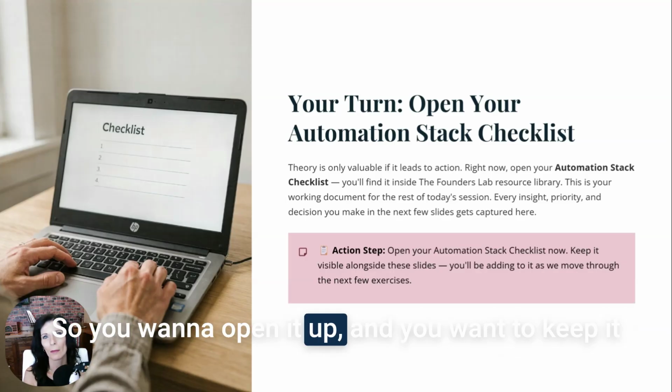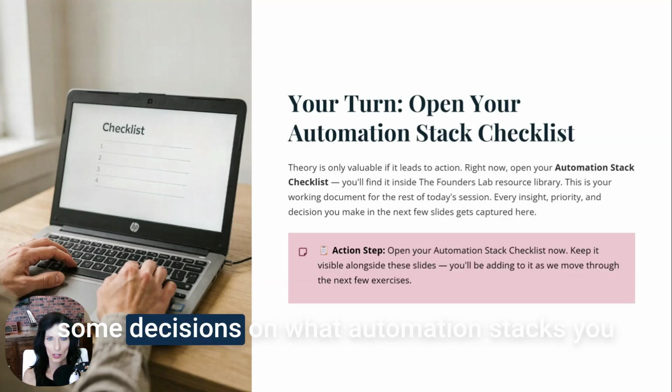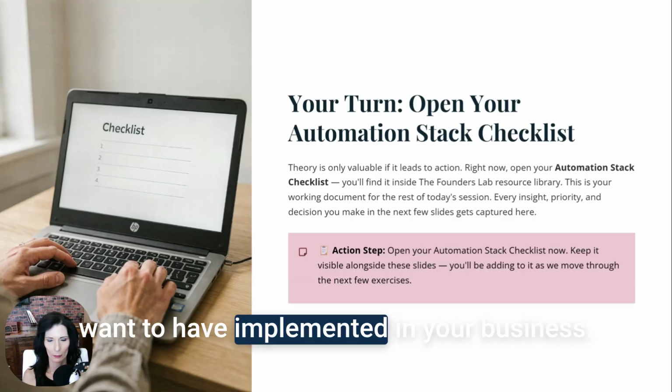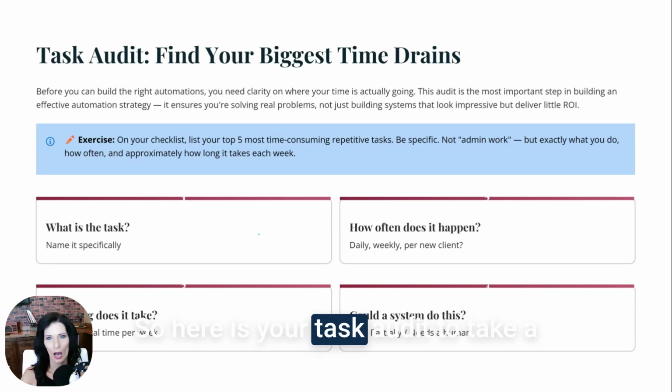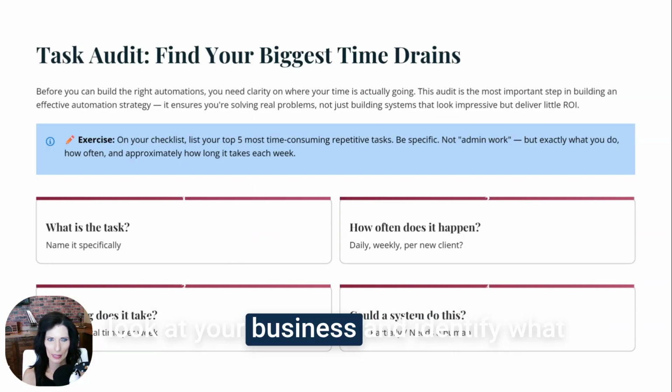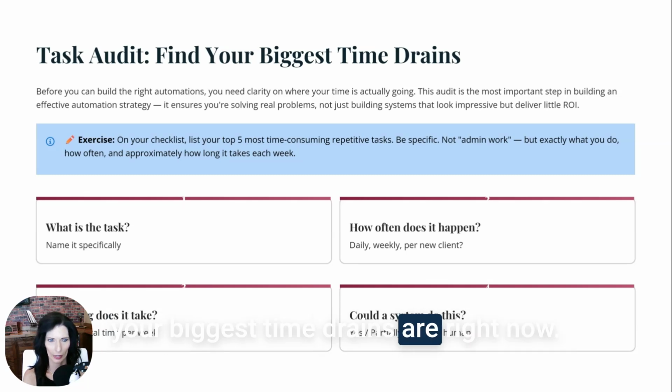So you want to open it up and you want to keep it visible as you're going through so we can make some decisions on what automation stacks you want to have implemented in your business. So here is your task audit to take a look at your business and identify what your biggest time drains are right now. Before you can build the right automations, you really need to have clarity on where your time